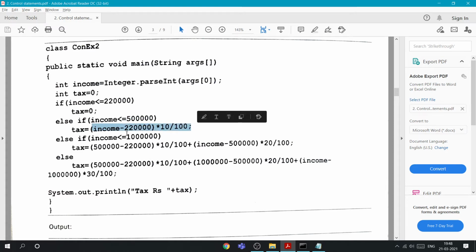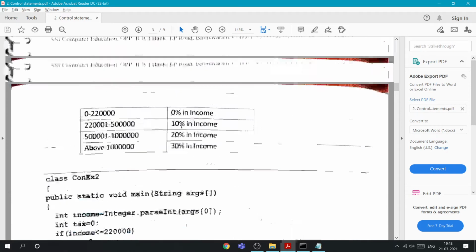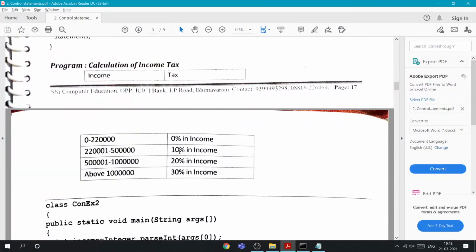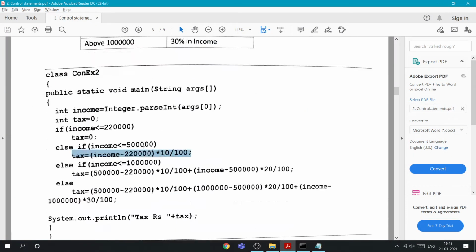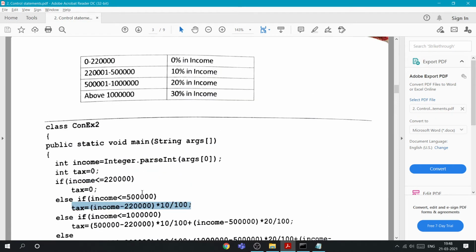There is some normal calculation defined for it. The tax is calculated as income minus the amount of the previous range, multiplied by 10%. So everywhere it is income.